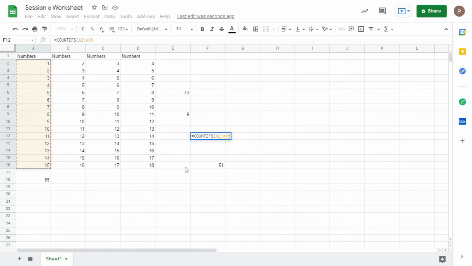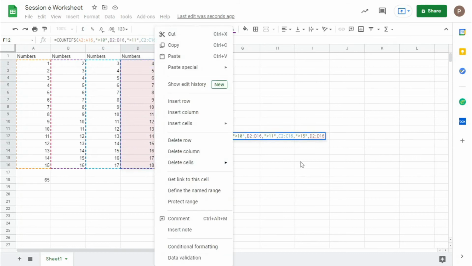Take a criteria, give it greater than 10. Next take another criteria, give greater than 11. Take another criteria, give it greater than 15.